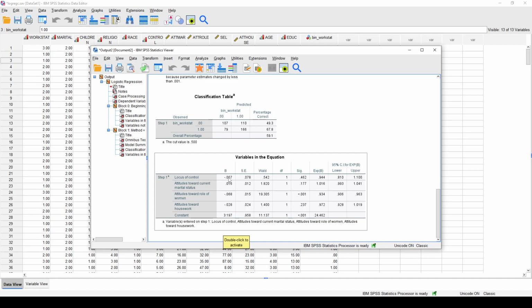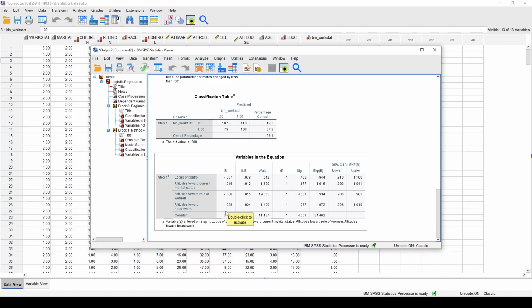And as locus of control increases, I believe the locus becomes more external, the probability of being a working woman decreases. Again, none of these things are statistically significant. That is, they might just be random noise. I don't have enough evidence to believe that they aren't just random noise. So I don't really trust any of those interpretations I just made, but that is how I would interpret based